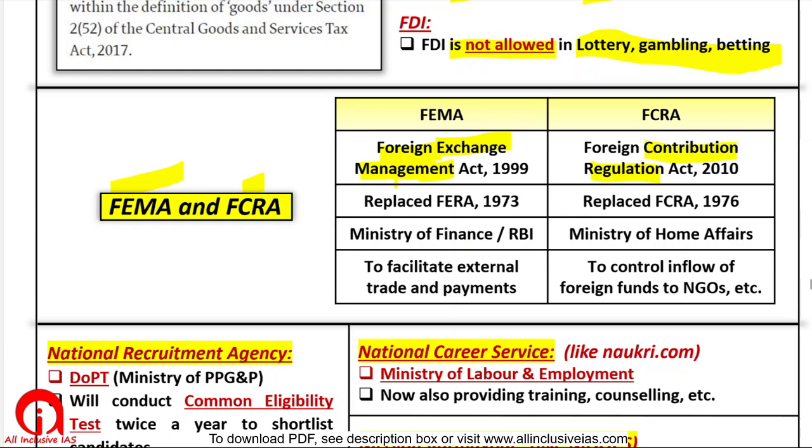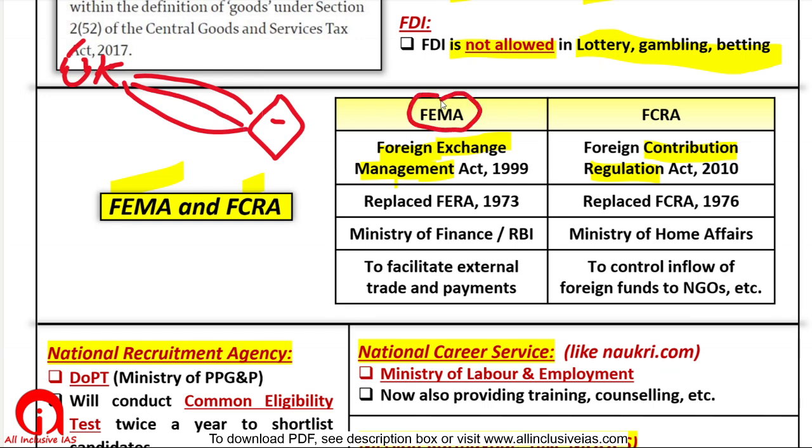See, this is India. Okay, you are here. Your brother is currently in UK for studies. He is doing his MBA from there. You are sending him money. Right now you are sending him money. You are hoping, and maybe after a few years when he gets a job there, he will send you some money as remittances because you are his elder brother. So here the foreign exchange is involved, and that is quite obvious.